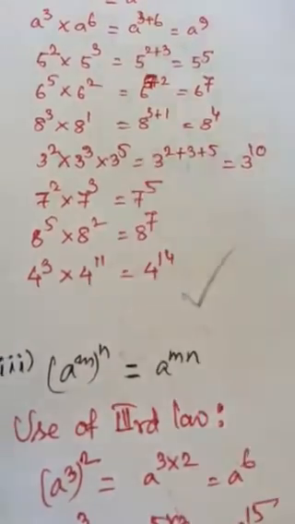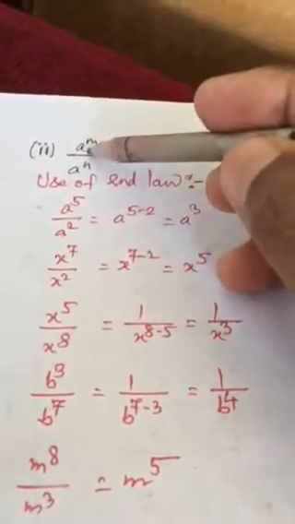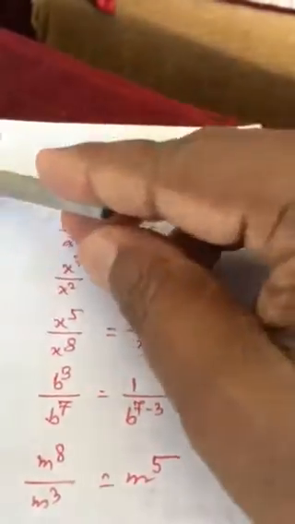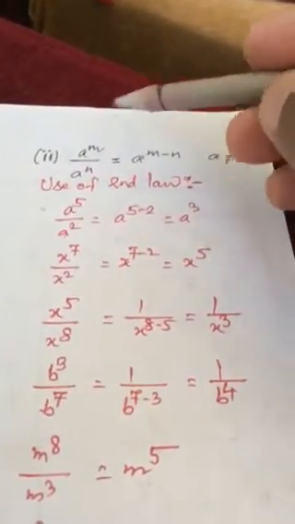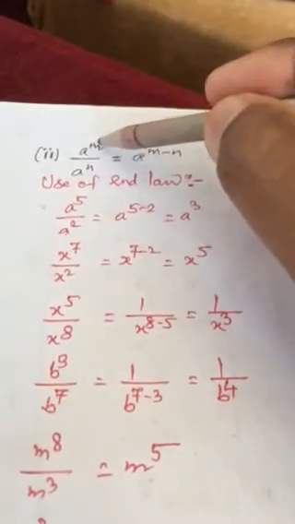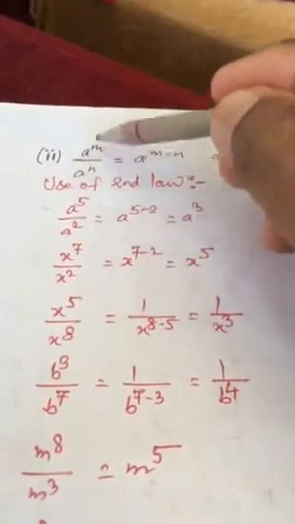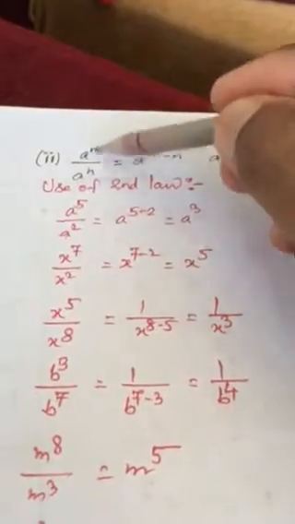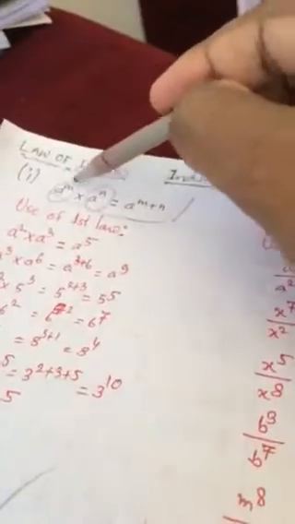Now I just want to teach you the second law of indices. In the case of division, it is called the quotient law. This is called the product law, and this is called the quotient law. Quotient law means division law, the law of division of indices. Now a to the power m divided by a to the power n, with the same base. In the case of division with the same base, just as in multiplication the powers are added,